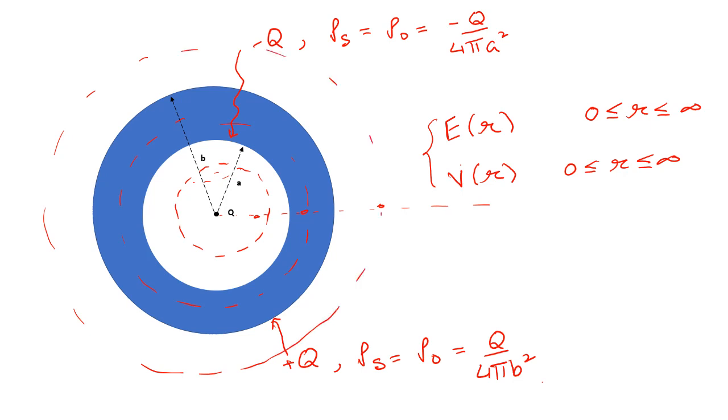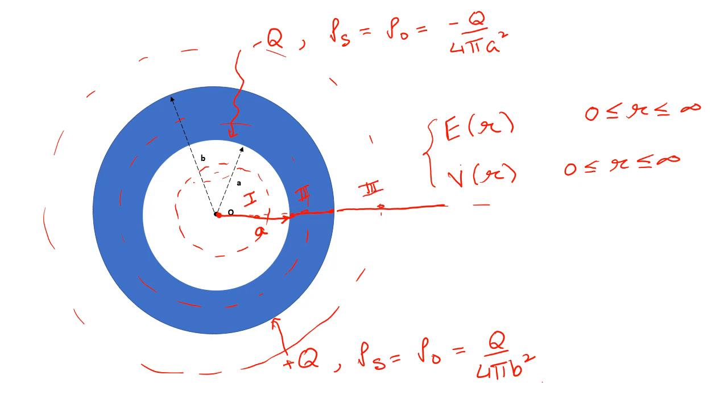Everywhere I go in any of these spherical surfaces, my total charge looks exactly the same, looks symmetrical, and thus I should be able to use Gauss's law to calculate the electric field. The next thing we have to decide is how many regions we have. You can see we have a region here which goes from 0 to A. Then we have a region inside which goes from A to B, and a region outside which goes